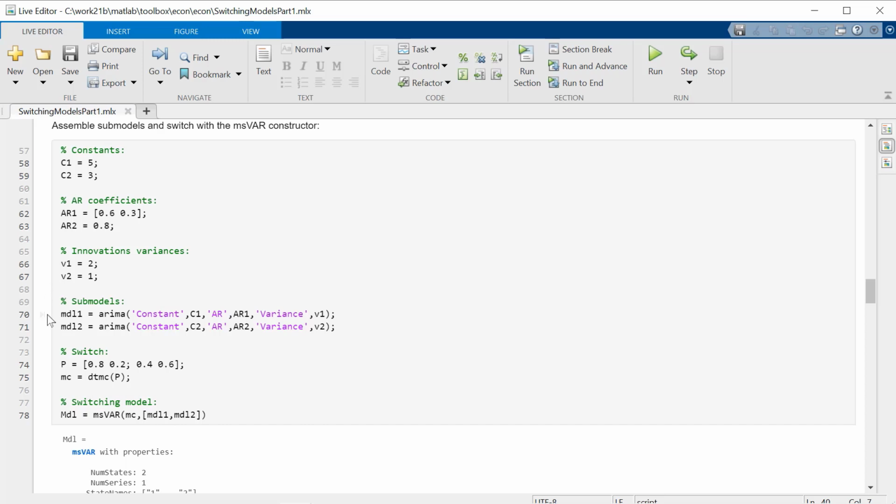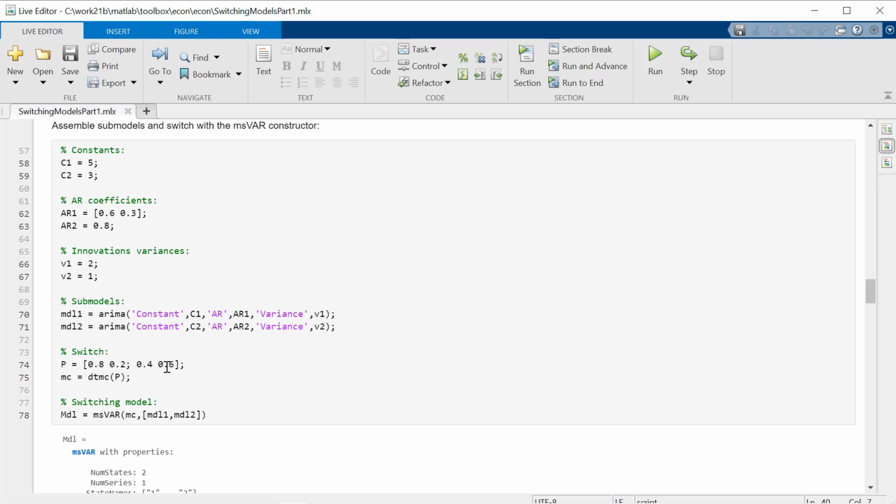You then create the individual submodels, both with the ARIMA constructor here. We'll call them Model 1 and Model 2. You create your switch, your Markov chain, with the DTMC constructor. Here we have a simple 2-state transition matrix with the first state having an 80% stickiness to it, where there's a return probability back to state 1 from state 1 at any step.